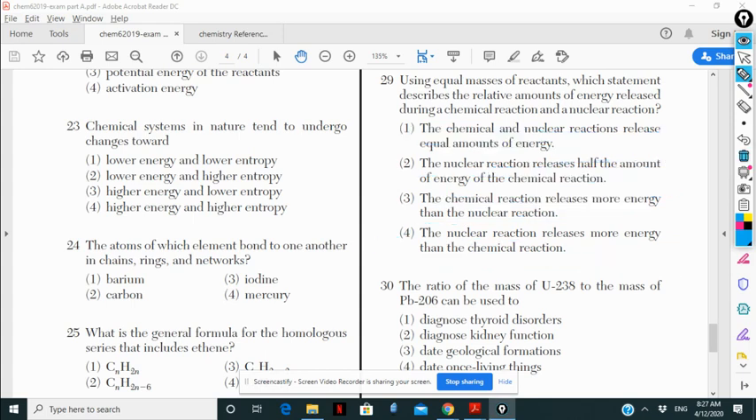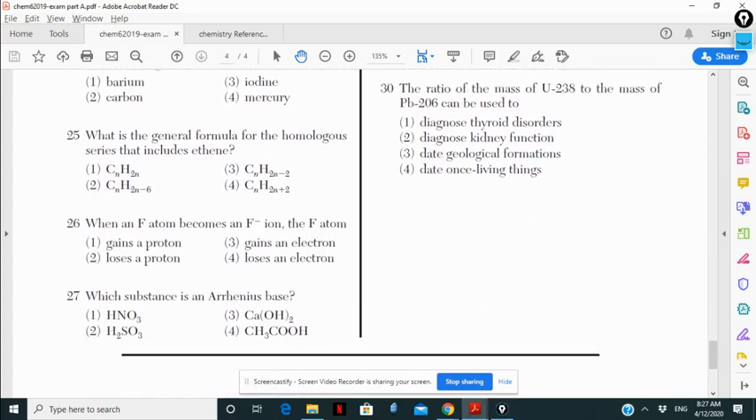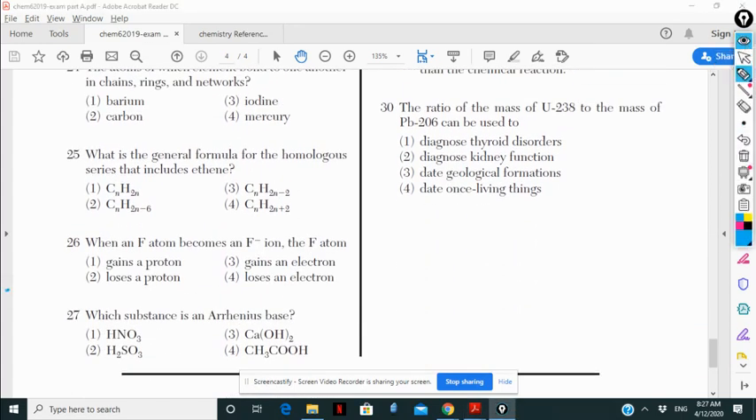The last question for part A. Now, the ratio for uranium and lead can be used for which one? Number three, geological formation. What about the